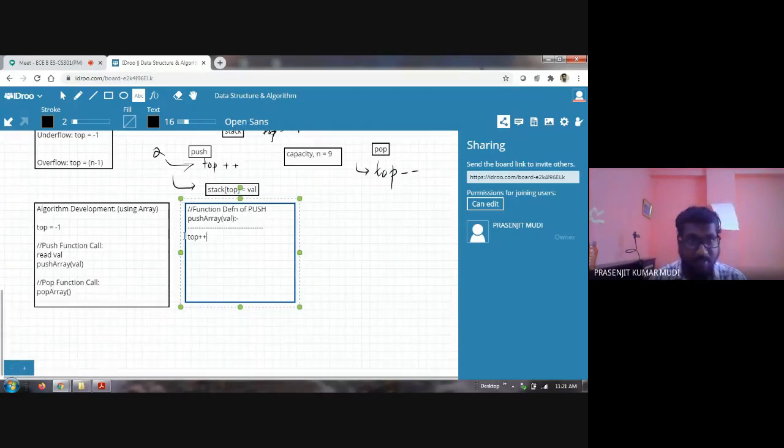You have to check the overflow condition. If top is equal to n-1, then display stack overflow, and if else,